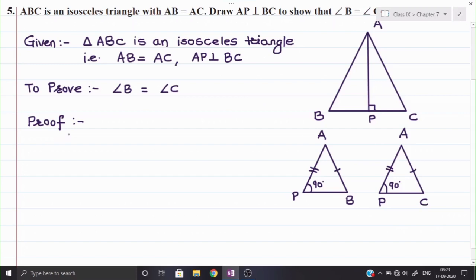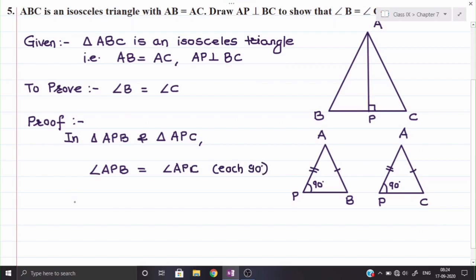First of all, we shall write down in triangle. While writing the name of the triangle, be careful, you should write down the names of both the triangles in the same manner. For example, if I write down the first triangle as APB, in the same manner I am writing the second triangle also, APC. First of all we shall mention condition number 1. Both the triangles have a 90 degree angle. So angle APB is equal to angle APC. Here we can give the reason, each 90 degree.